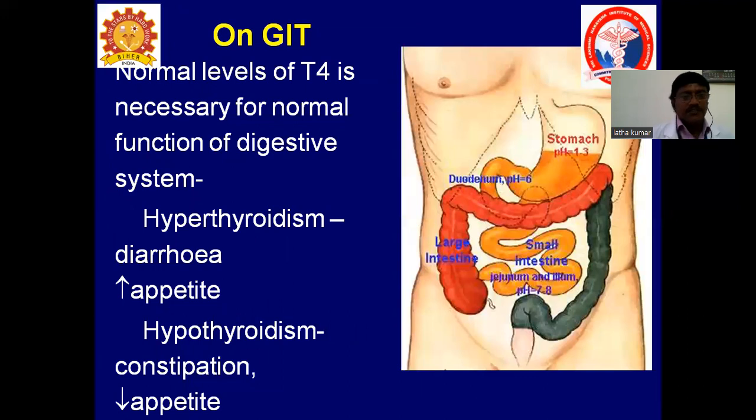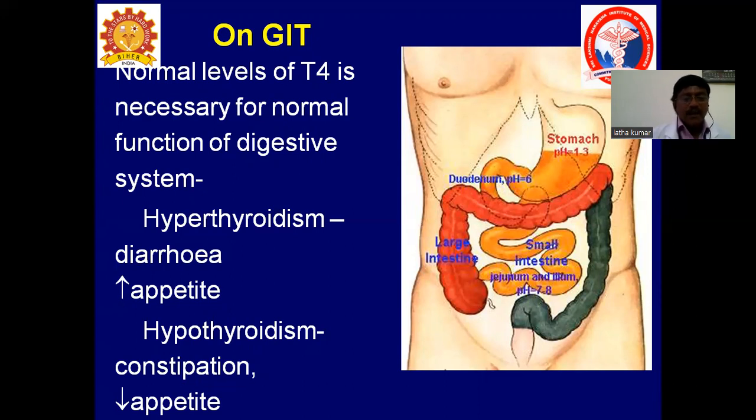On the gastrointestinal system, normal levels of T4 are necessary for normal function of the digestive system. Hyperthyroidism leads to diarrhea and increased appetite. So what happens? In case of hyperthyroidism, the movements will be more, so there will be frequent elimination of fecal matter. So increased diarrhea. At the same time, due to the evacuation of the food from the gastrointestinal tract, there will be an